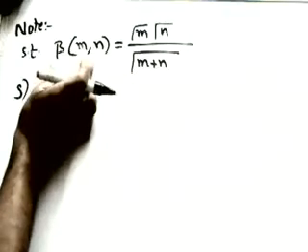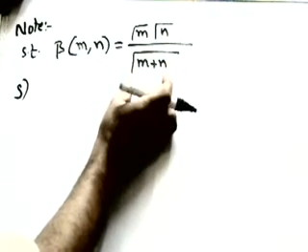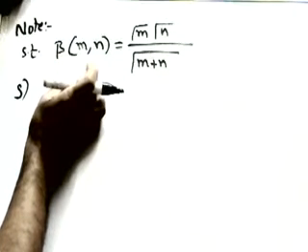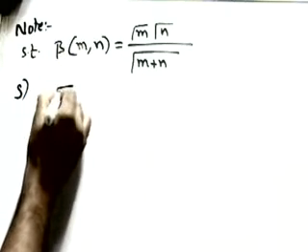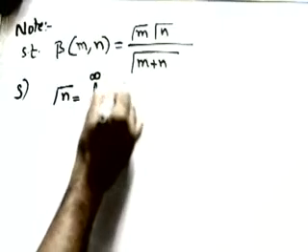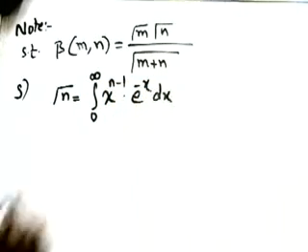Now see here, let me start. We have to prove this one: beta of m comma n equals gamma of m into gamma of n by gamma of m plus n. There are many methods, but I am using here the transformation from xy to r theta. What is the formula of gamma of n? Gamma of n is integration 0 to infinity x power n minus 1 into e power